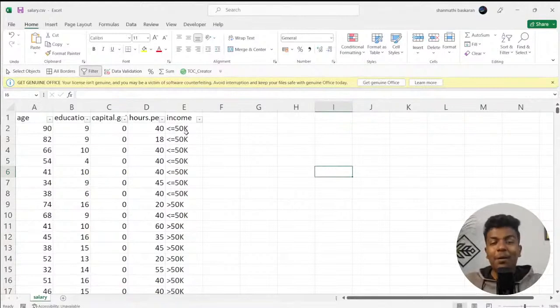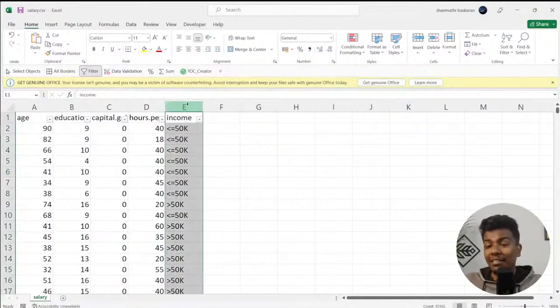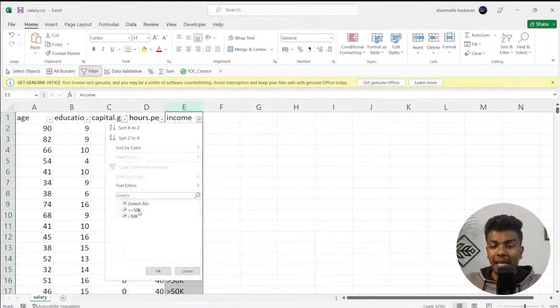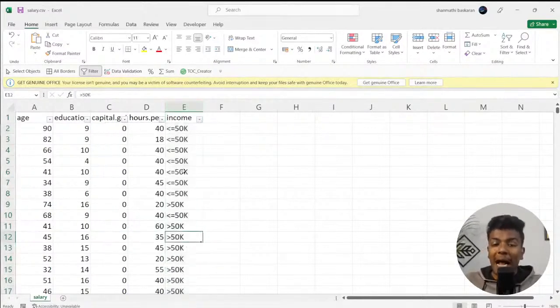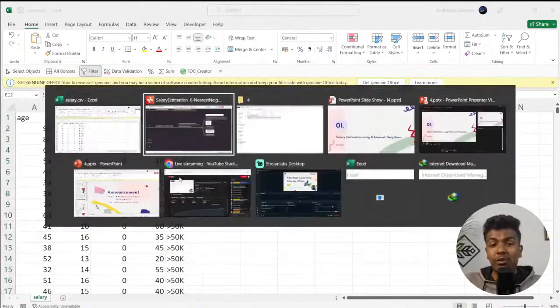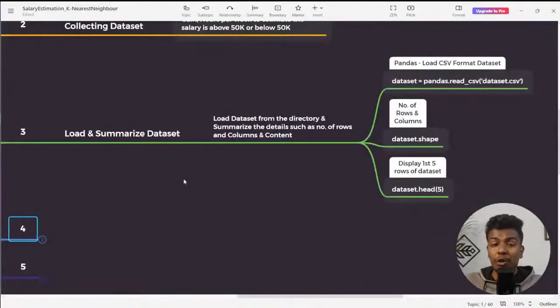I hope you are clear with the problem. In our data, we need to work with numbers, but in my last class column, we don't have just numbers. We have special characters, alphabets, and numbers. Since my data set has only 2 classes, one is less than or equal to 50k, and the second is greater than 50k, we are going to convert less than or equal to 50k to 0 and greater than 50k to 1. So we map these 2 kinds of data into zeros and 1 so that it is very easy to process.